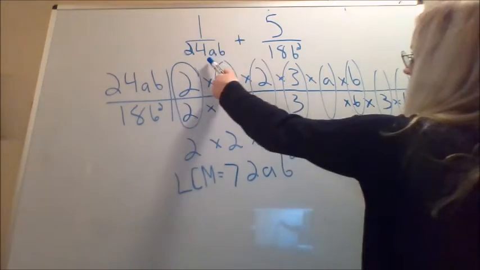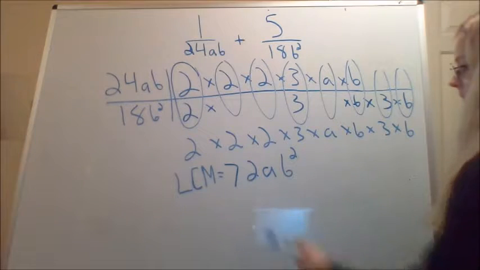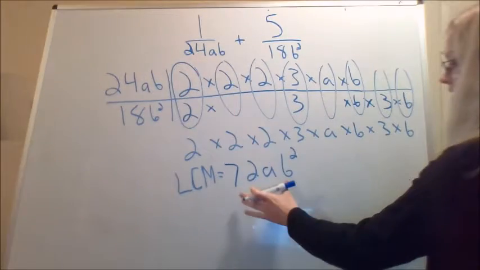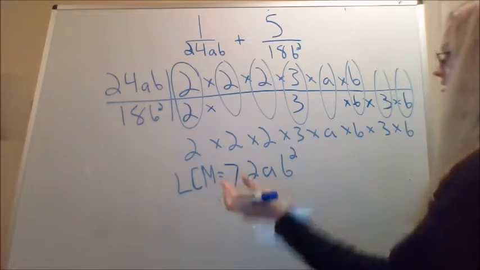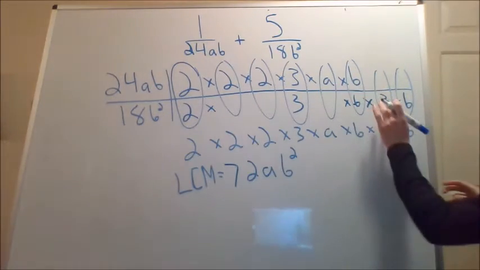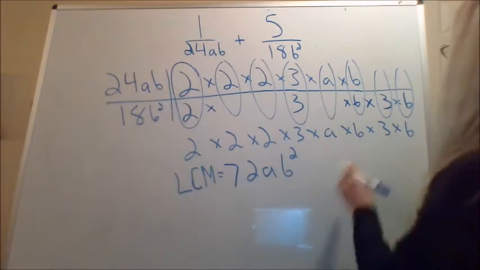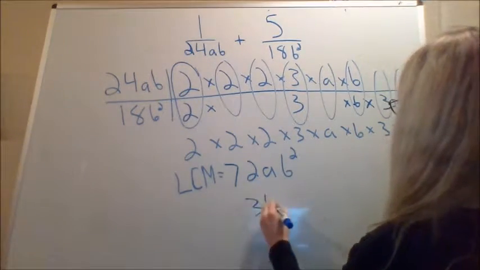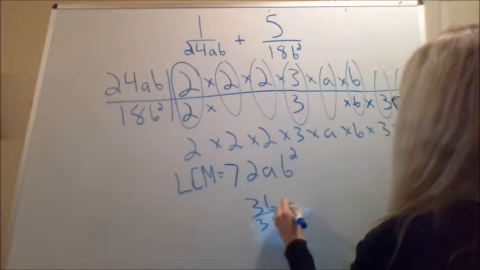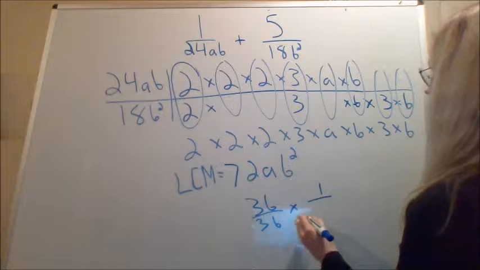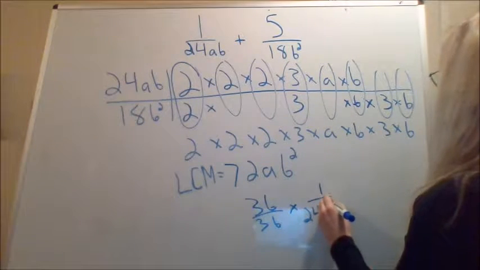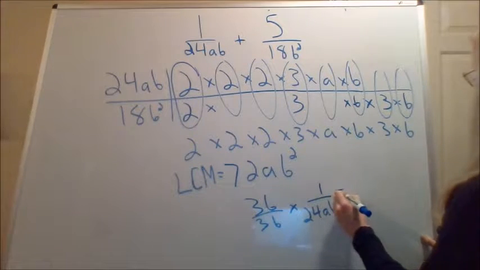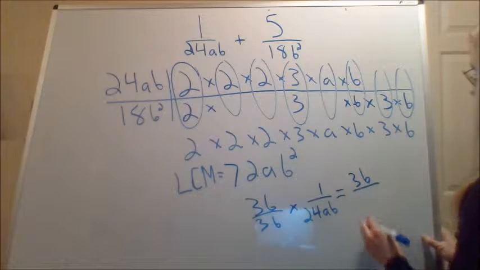Well, we need to get 24ab up to 72ab squared. So what factors do we need to multiply 24ab by to get up to 72ab squared? And it tells us that right in our table. We need to multiply by 3 times b. So 24ab times 3b. So we have 3b over 3b times our fraction 1 over 24ab. And this is absolutely okay because 3b over 3b is just 1. So we have 3b divided by